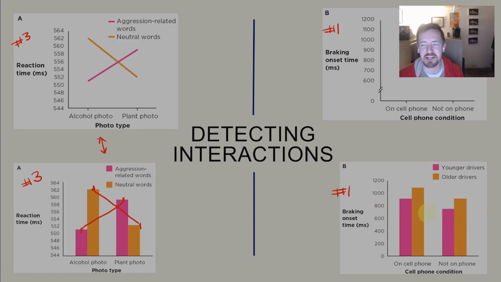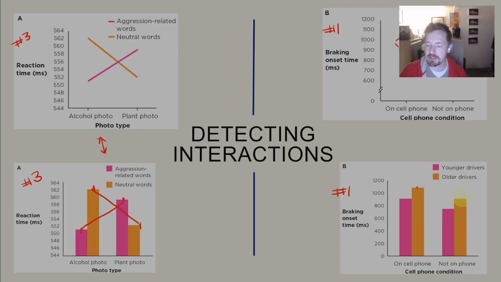So this figure right here, we know that it's going to be a main effect, right? Because we talked about this already. We'll know just by looking at this data that these lines do not seem to be converging, right? That these lines do seem to be parallel for the most part, so it's a main effect, probably not an interaction. If we look at this in terms of the bar graph, I'm going to do the same thing where I'm going to connect